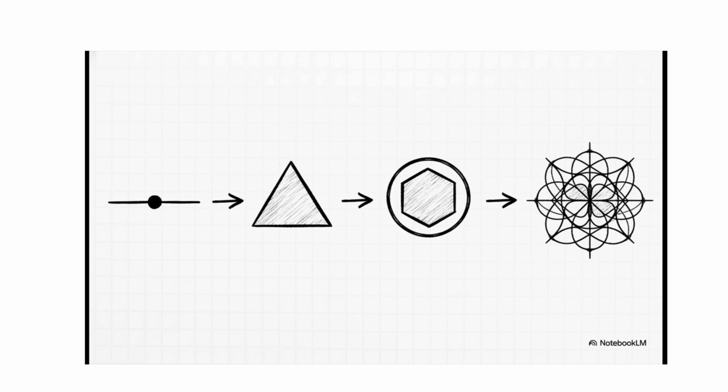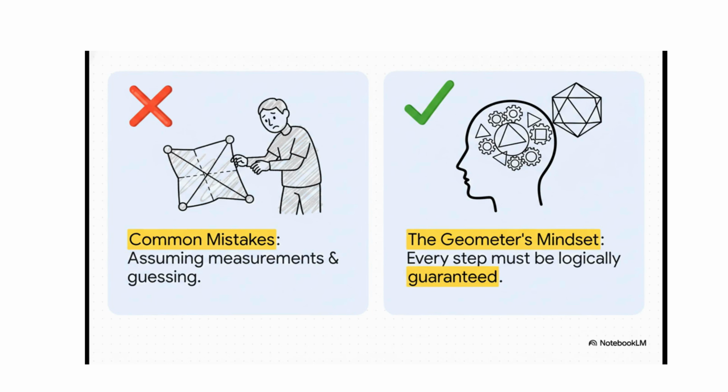We started by asking how to find the middle of a line, but the exact same logical foundation is used to prove some of the most complex and beautiful ideas in all of mathematics. Every step is built on the last one, creating a perfect, unbreakable chain of pure logic. So ultimately, this whole thing is about a shift in mindset. It's about moving away from guessing or just measuring, and instead, adopting the geometer's mindset, which says, every single step I take must be logically guaranteed. No assumptions, no